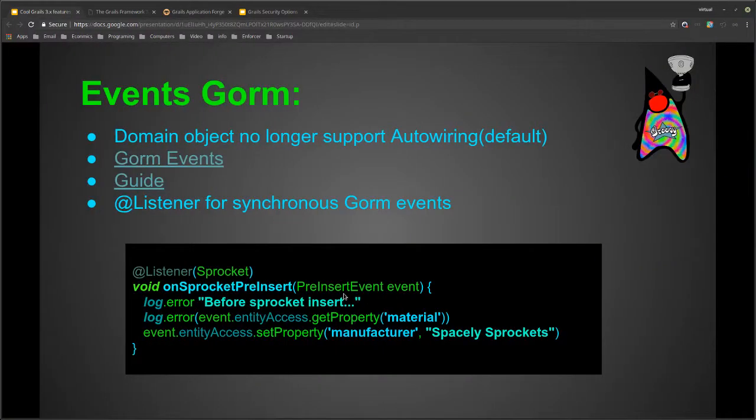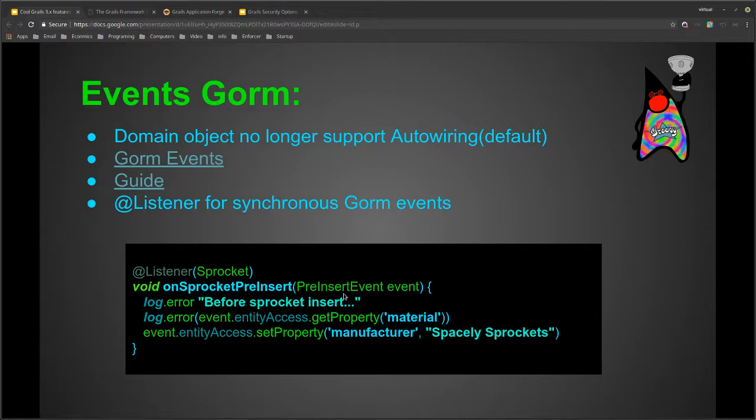So going back, Gorm events. This was another thing that they added, I think, in 3.3, which allows you to listen to events that Gorm gives off. This became particularly interesting because by default in Grails 3.3, it no longer supports autowiring in domain classes.